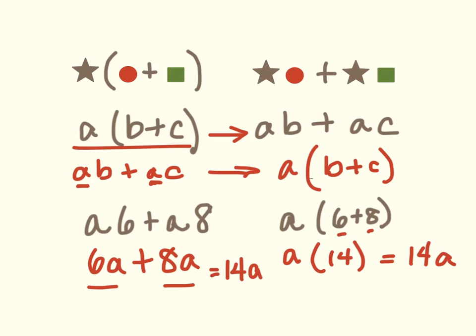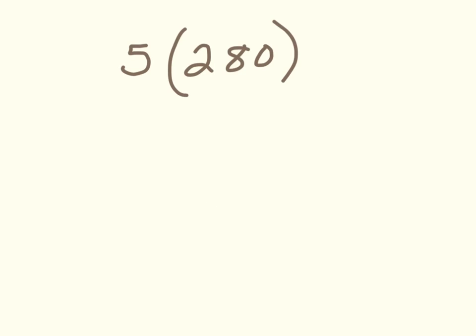All right, there is one more thing that you need to be aware of, and that is that we use this distributive property not for algebra, but for mental math. So what if I gave you the problem 5 times 280, and you had no pencil in your hand to solve this? You could use the distributive property. 5 is what we call the factor, and we have this 280, and if we split it apart into two constants, we could do it in our head. So if I said that this is the same as 200 plus 80,